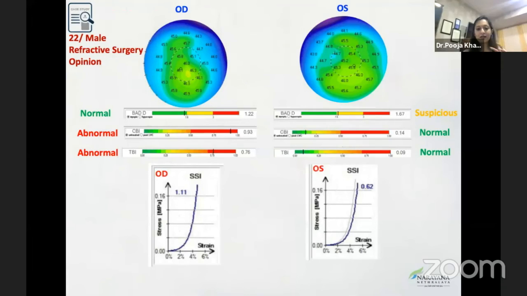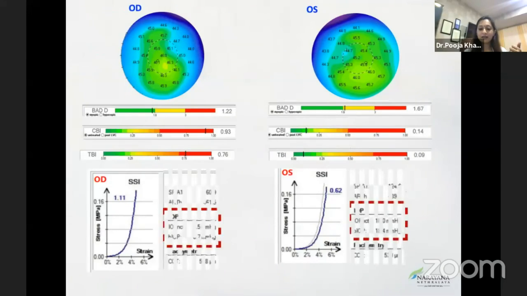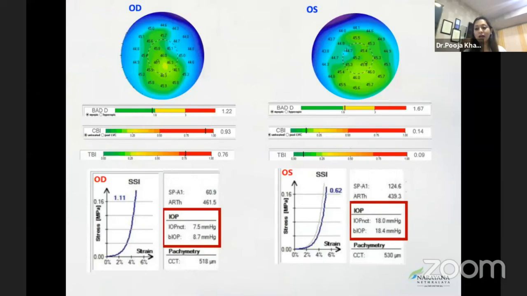And I would not take much time, just one last case, because I know we are running short of time. So again, here, in one eye your biomechanics is completely normal, but the other eye, which you saw in the previous case, is on an extreme side, but the topographies are normal, they both look similar. So what is the missing link here? Whenever you are trying to see biomechanical indices, you have to see what the IOP also is, because Corvis is a very delicate structure and it takes your thickness and the IOP into consideration.